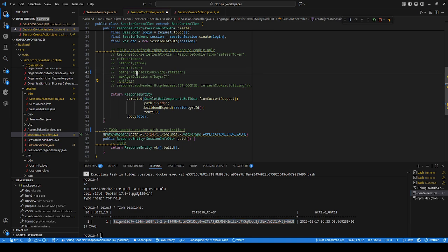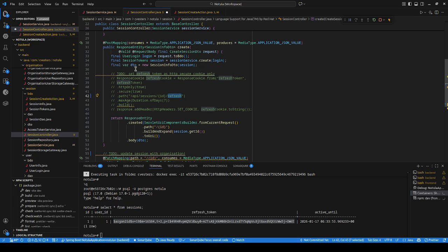But then again, you can just say, okay, for API sessions, and then here your ID refresh, which actually makes more sense. The whole refresh, I would prefer not to do it, but the problem is that with your HTTP-only cookies, you just have to give a path, and you can't say only for this operation. Otherwise, I would do